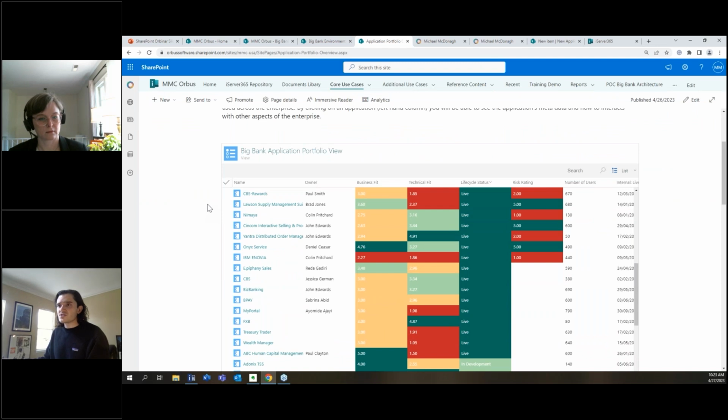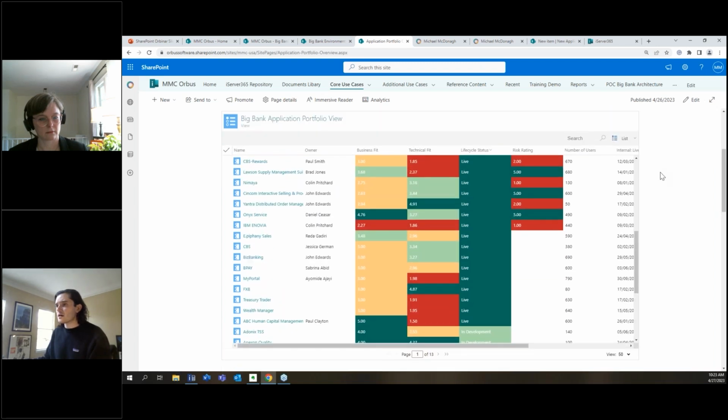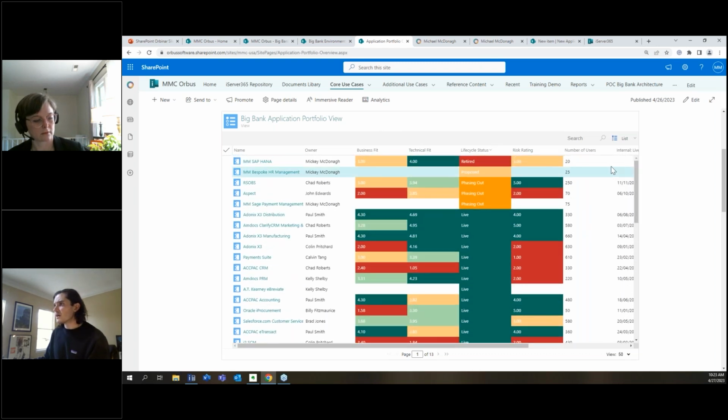Given that this SharePoint page is for my application portfolio, what I might want to take a look at is, say, a list view, which shows all of the applications that are being used across my organization. So my authors and content creators who use Orbis Infinity will be able to create a list view from there and show me the entire application portfolio. And then by using the view ID, I can embed this view and have it on my SharePoint page. So all of my colleagues will be able to go through the list view and take a look at